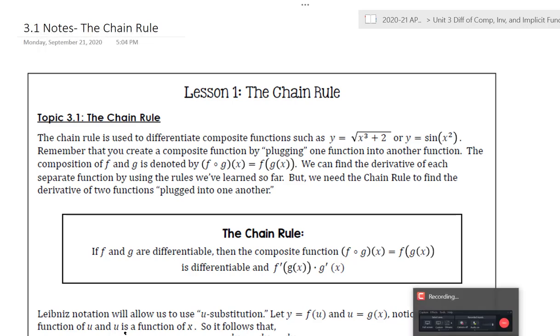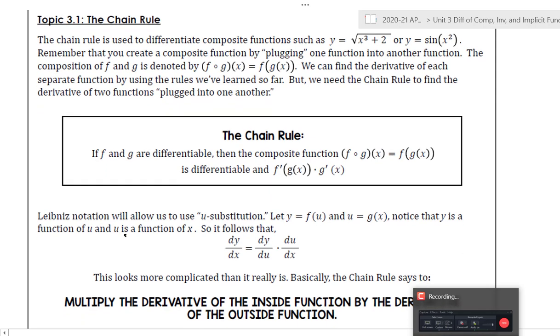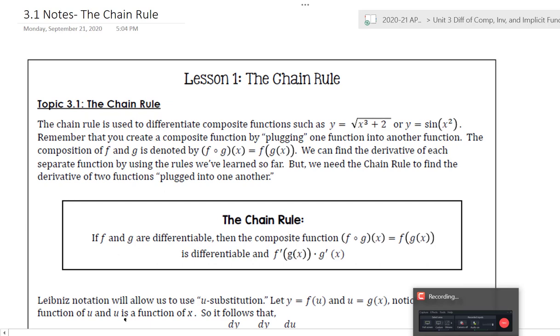All right, so super excited about today because we are going to be starting to talk about the chain rule. What the chain rule does is it allows us to differentiate functions that are plugged into each other. For example, when you see something like y equals the square root of x cubed plus 2,